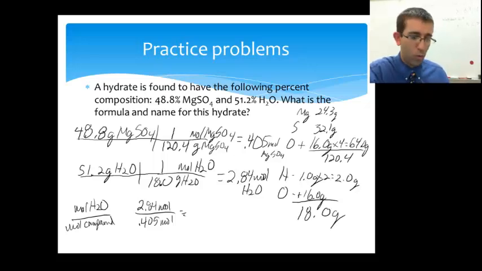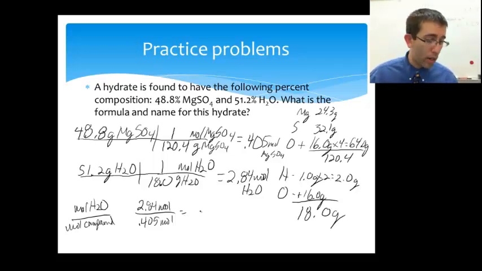So 2.84 divided by 0.405. The number I get is 7.01, which is approximately 7. What does this number represent? Well, this number means the number of water molecules you have. So our formula is